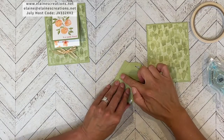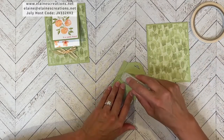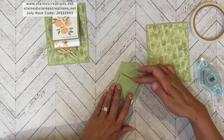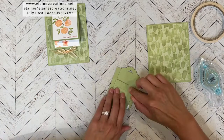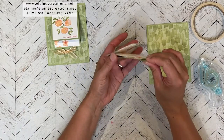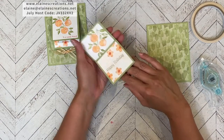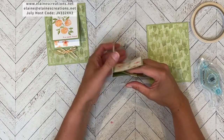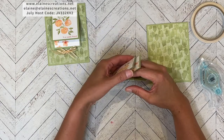And then we're gonna put some adhesive here. You can do glue or double-sided adhesive. I'm just gonna run a little bit of double-sided adhesive here, and I did it right up against the edge of this shorter piece right here. And then I'm gonna scoot the belly band down there, and I'm gonna adhere the belly band down to that piece of adhesive there, so that only this piece will be free. Okay, but this piece is attached. So you can kind of see this piece here can move. Okay, so it's a little bit like a waterfall card